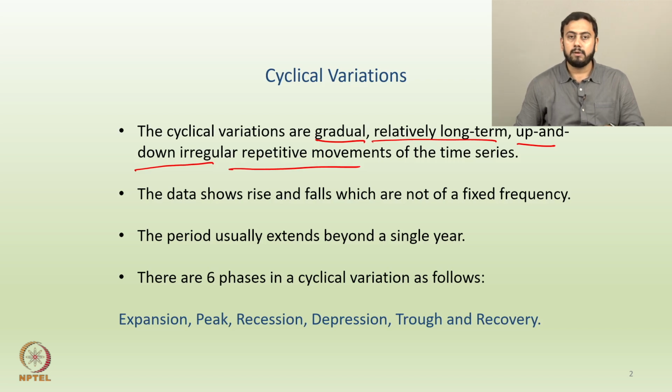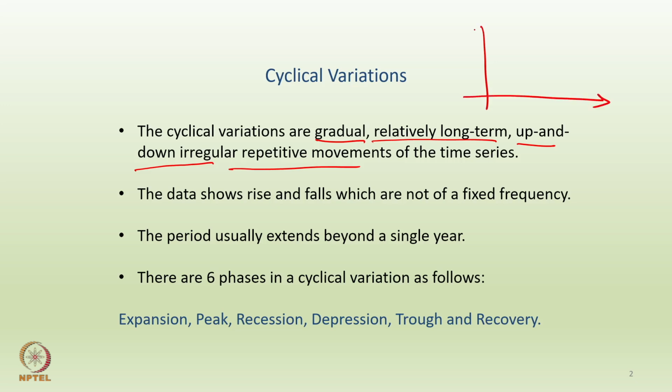So again, if you remember when we talked about seasonality, all the fluctuations were of a fixed frequency, right. Think of a typical temperature plot. How does it look? It could be something like that, right. All these peaks and troughs repeat themselves at a fixed frequency. The difference between any two peaks, or between any two troughs, is roughly similar. But when it comes to cyclical variation, this is not the case. The distance between the first peak and the next peak, or the first trough and the next trough, may be irregular, alright.